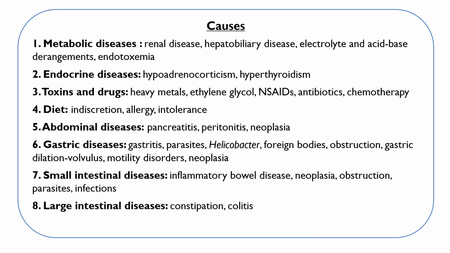Causes that can trigger these pathways of vomiting are metabolic diseases such as renal disease, hepatobiliary disease, electrolyte and acid-base derangements, and endotoxemia; endocrine diseases such as hypoadrenocorticism and hyperthyroidism; toxins and drugs such as heavy metals, ethylene glycol, NSAIDs, antibiotics and chemotherapy; diet, such as indiscretion, allergy or intolerance; abdominal diseases such as pancreatitis, peritonitis or neoplasia; gastric diseases such as gastritis, parasites, Helicobacter,